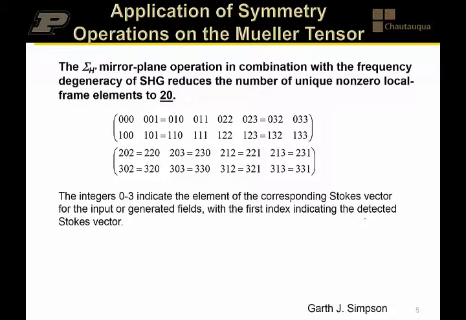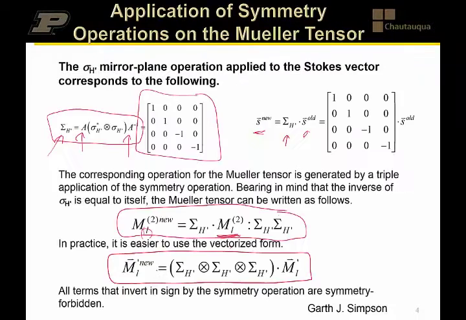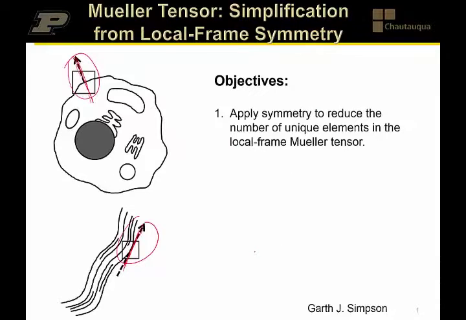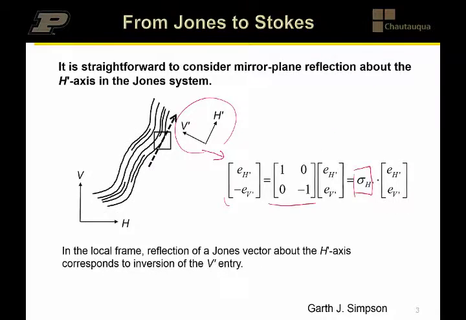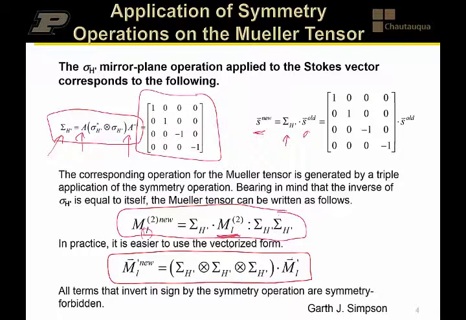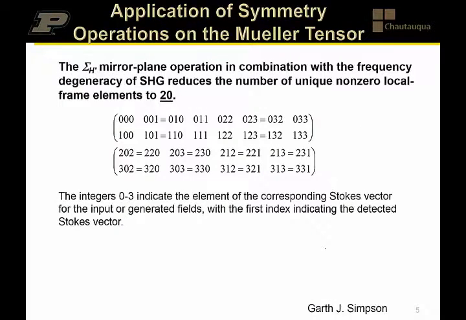Okay, so we're going to use two combined symmetry operations to simplify the Mueller tensor. One of them I haven't even really mentioned. We're just going to implicitly assume that the right two elements in the Mueller tensor are interchangeable. And that makes a heck of a lot of sense because the Mueller tensor connects the Stokes for the sum